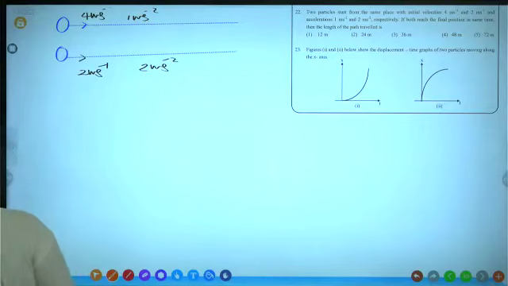If both reach the final position in the same time,